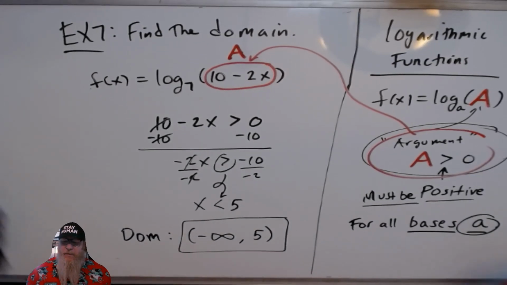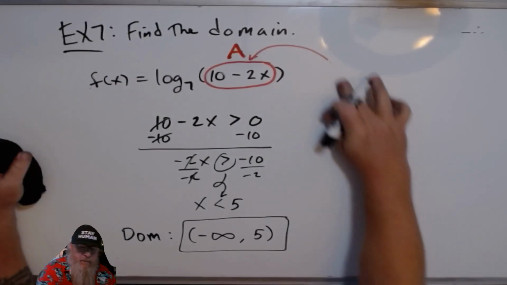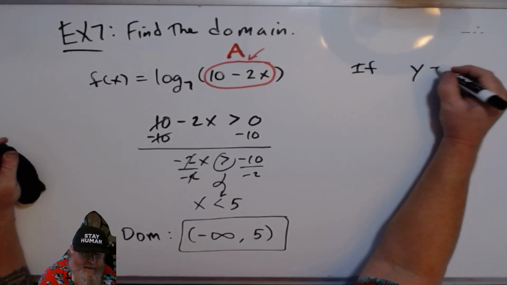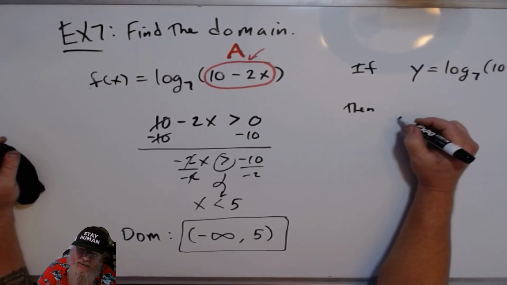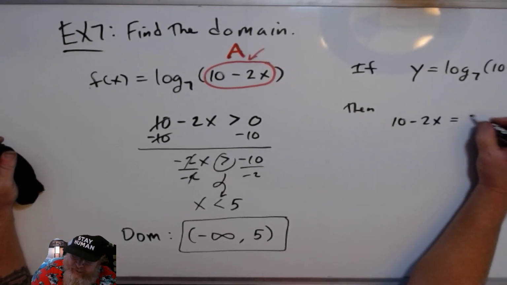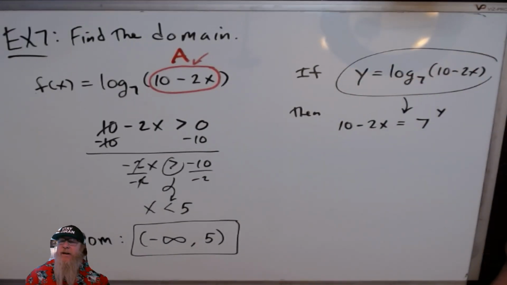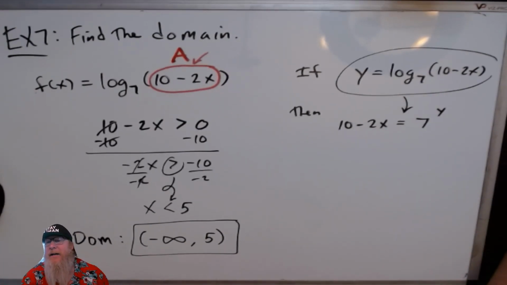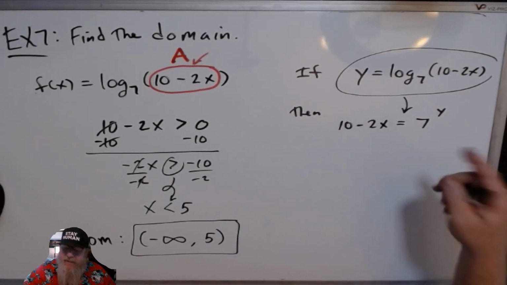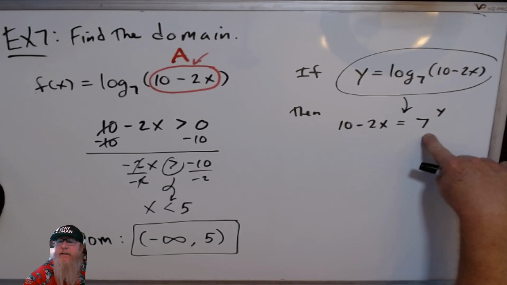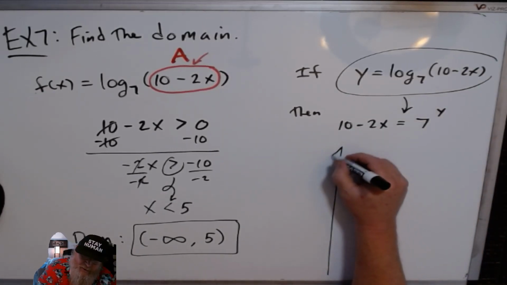I don't have a lot of time to get into what this means, but maybe just a brief explanation of what this means. If y equals log base 7 of 10 minus 2x, then 10 minus 2x is equal to 7 to the y. So I just want to explain what a logarithm is, if maybe you didn't take my algebra class, or maybe it's been a while since you had algebra. So when you think of a logarithmic function, you think of the base as the type of exponential that you're dealing with. But instead of having a power of x, you have a power of y. So y is the power. So when I draw my graph,